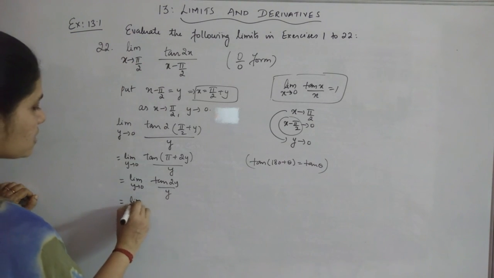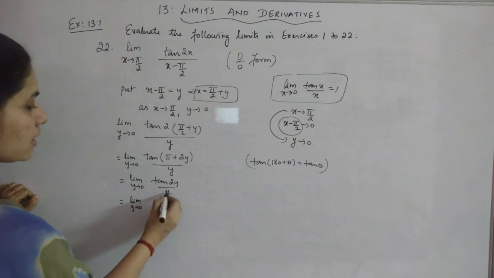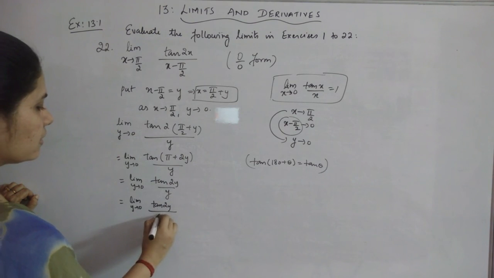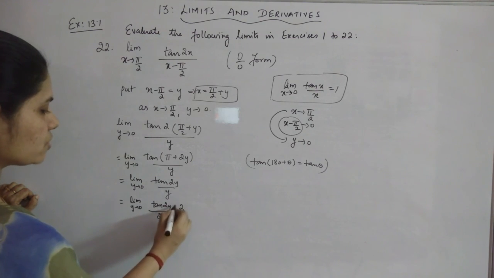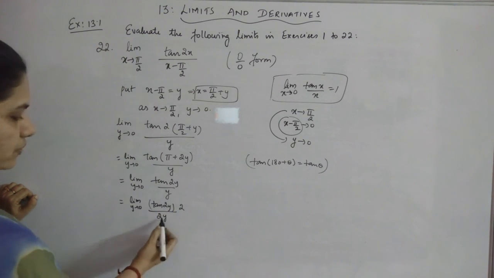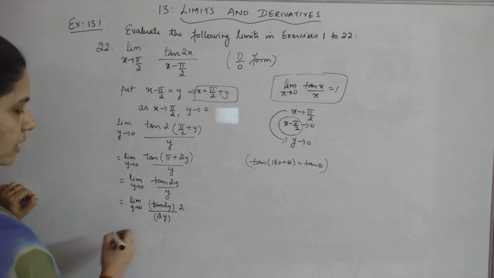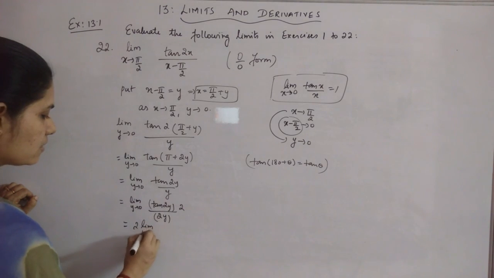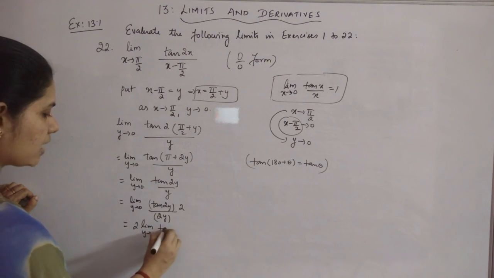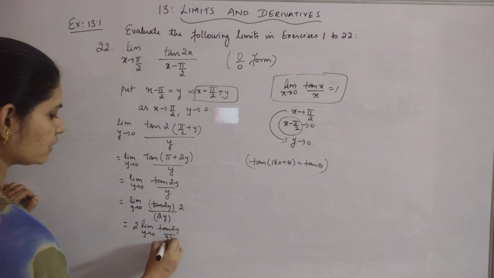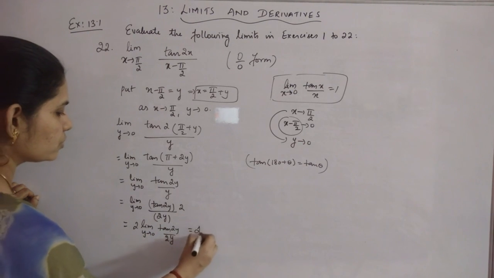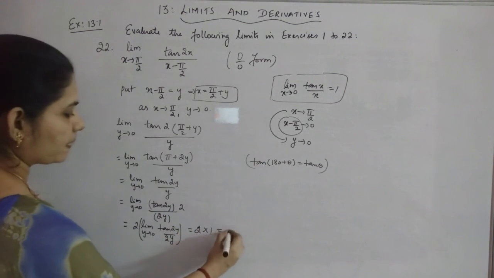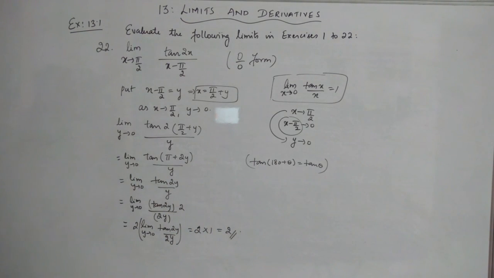For that we are just multiplying and dividing with 2 here. That means tan 2y into 2 by 2, so that this will become 2y. Now this is a constant, you can take it out. Limit y tends to 0 tan 2y by 2y will give you 2 into 1. The limit of this will give you 1. Therefore the value is 2. That is, the limit value is